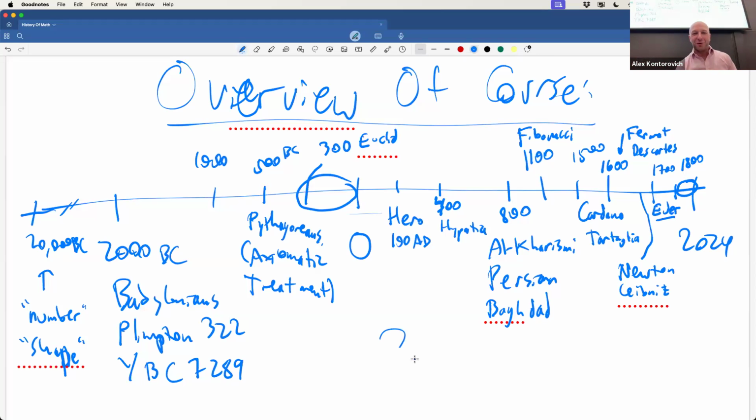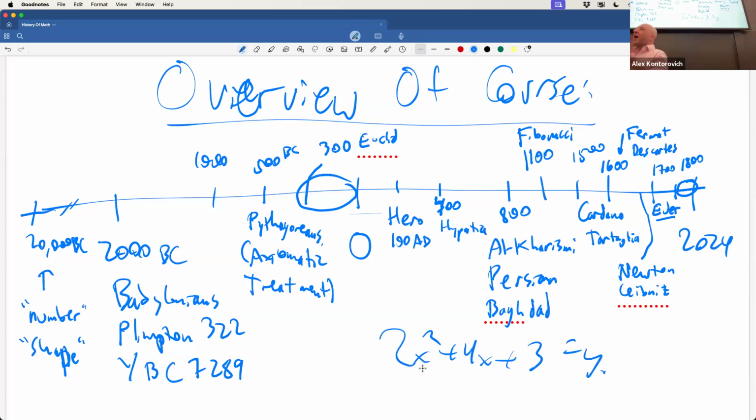When you write 2x squared plus 4x plus 3 equals y, you have separated the notion of 2 from the notion of x. It frees the letters to be unknown. They're not numbers. X isn't a number anymore. Whereas if you try to write this expression with, if A means 1, and you say AB squared plus CB, you're like, is B a variable or is B 2?